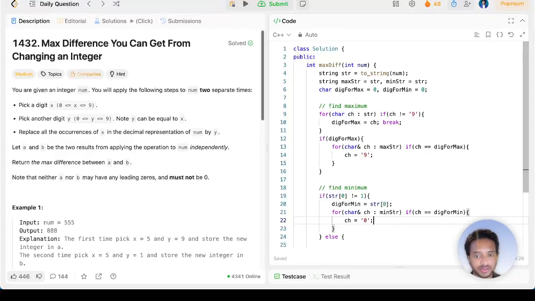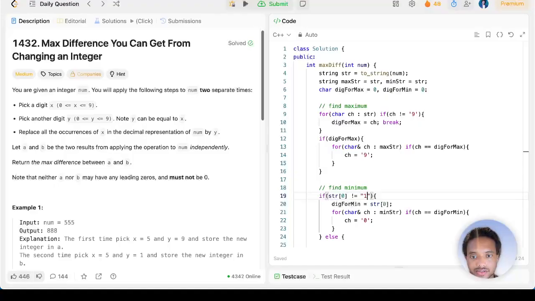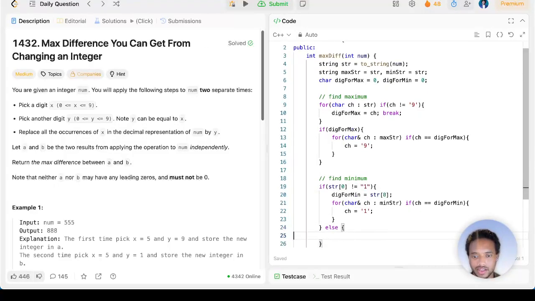Sorry, our first value is not 1, right? So first value is not 1 means I'm gonna take our first value, so we cannot make it 0, we have to make it 1. Else,